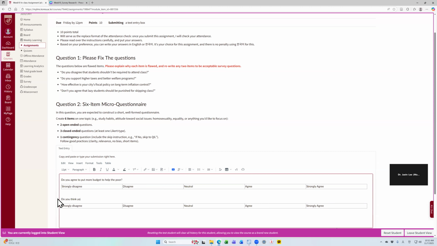Do you think we should have more tax cuts for the trickle-down effect, the trickling effect? So there might be appropriate examples for that. So one contingency question would be,